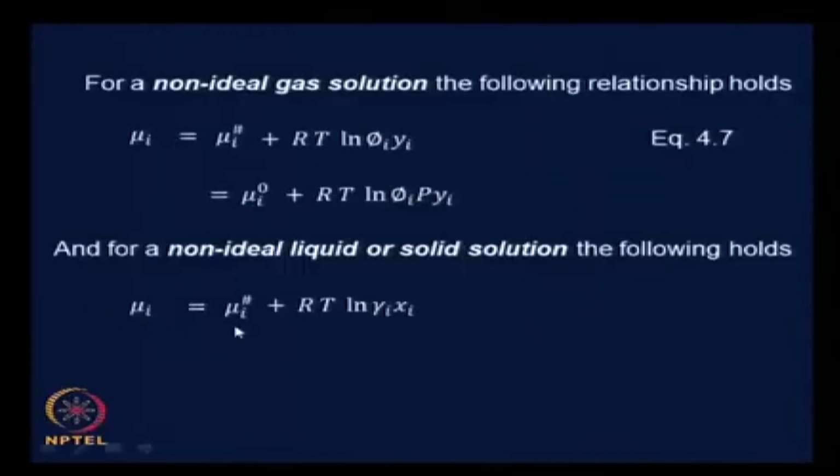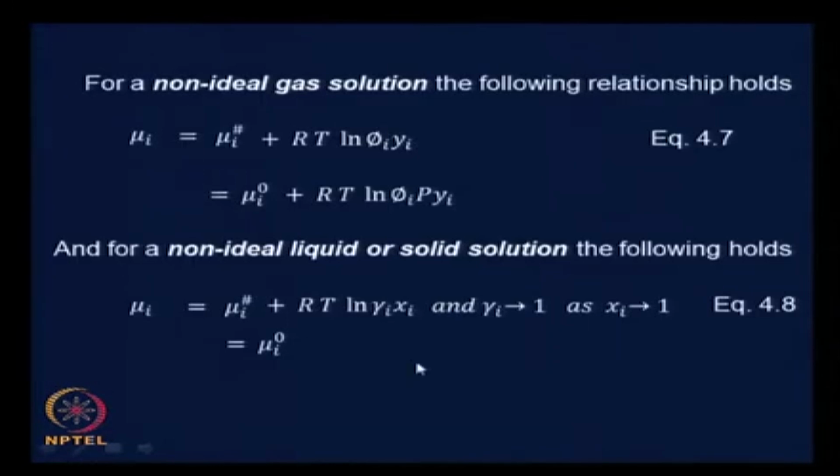So here mu I equals mu I hash plus RT ln gamma I xi, which can also be written in terms of, well, before I say that, a certain part of the definition needs to be given for completion. Gamma I tends to 1 as xi tends to 1. Note this: earlier, it was f by p tending to 1 as p tending to 0. The same vein here, but different details. Here mu I equals mu I hash plus RT ln gamma I xi, gamma I tends to 1 as xi tends to 1, the mole fraction tends to 1. We will call this equation 4.8,